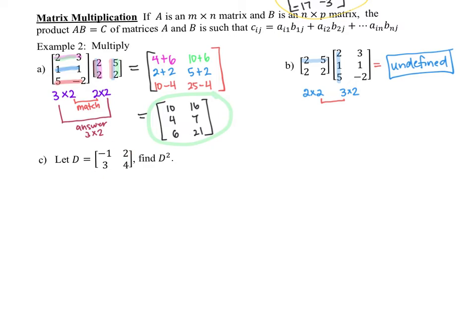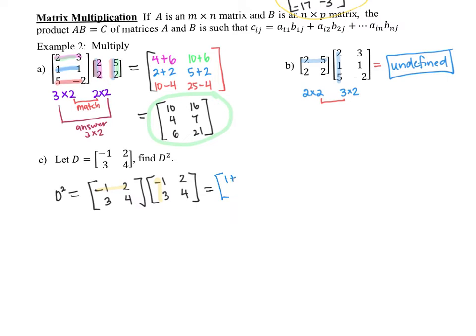Okay, the third example of matrix multiplication, it says D equals this matrix. Find D squared. Okay, if I want D squared, I'm just doing D times D. So I'm going to write out D times D and then do matrix multiplication on it. These are 2 by 2 by 2 by 2. So this should work out. And again, I'm going to go row by column and then find the sum. So row 1, column 1 equals